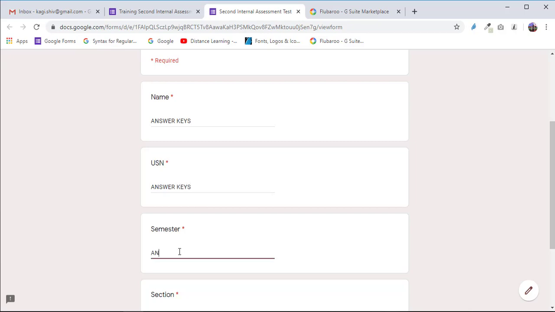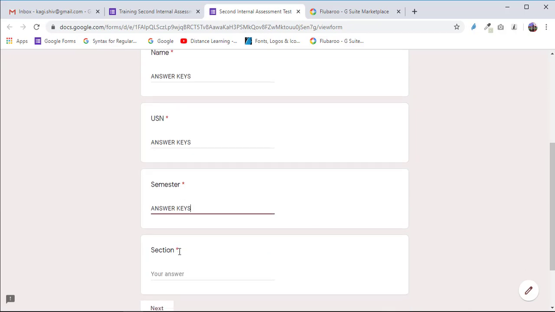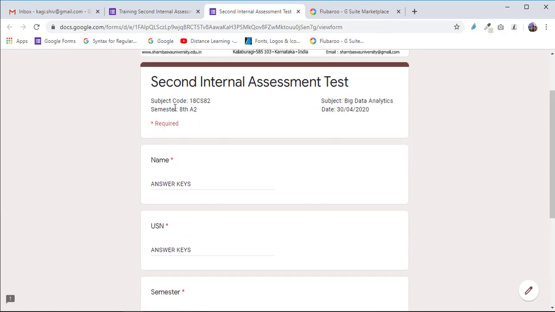In semester also, whatever fields you have included before the test, you just write answer keys. Why am I writing answer key? To make it clear that it is not any student's result, it is an answer key. So for all the fields I will give answer keys.